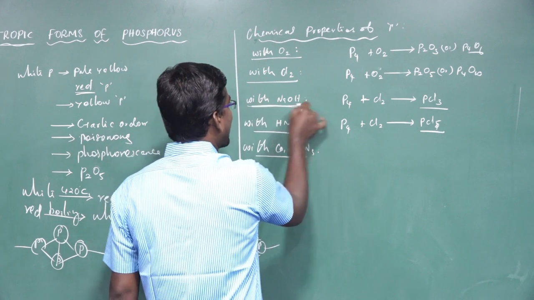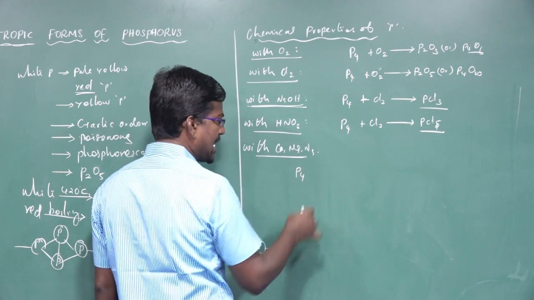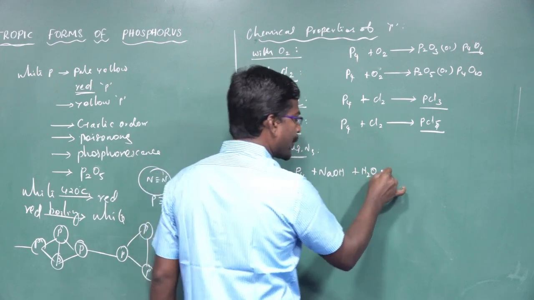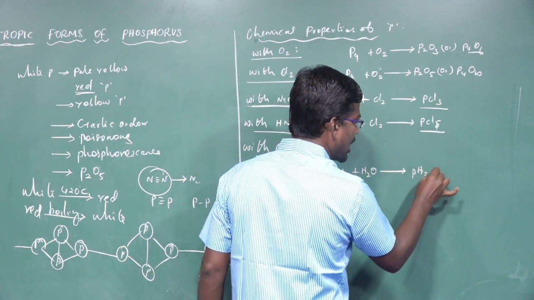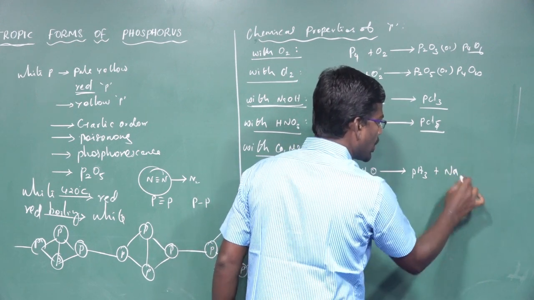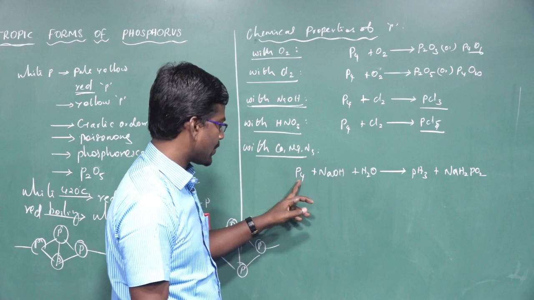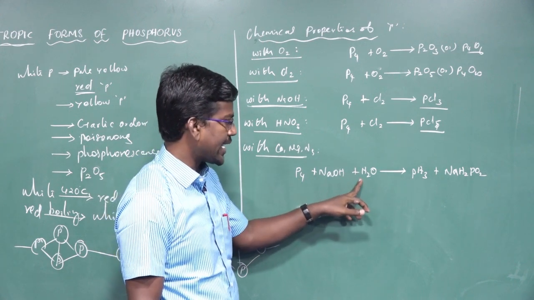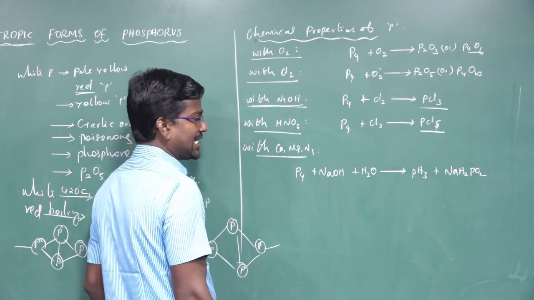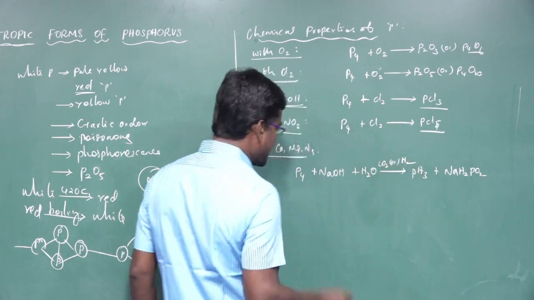Next, the sodium hydroxide reaction. The phosphorus molecule P4 reacts with sodium hydroxide NaOH in water H2O to produce phosphine PH3 plus sodium hypophosphite NaH2PO2. Phosphorus reacts with sodium hydroxide in water to produce phosphine and sodium hypophosphite. In this reaction, in the presence of atmospheric carbon dioxide or hydrogen gas, phosphorus acts as